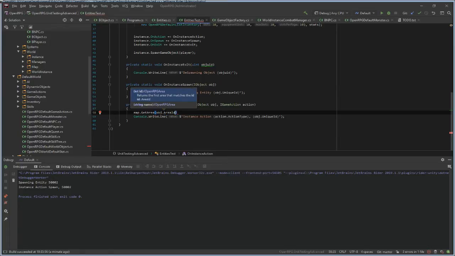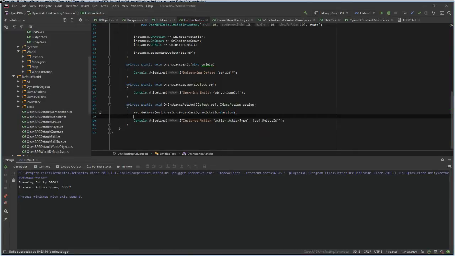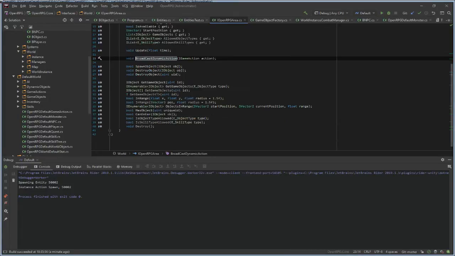I do this. See, map, get area, object, area ID, dot broadcast dynamic action, and I broadcast this action to all game objects in this area. So all game objects will receive this specific action.